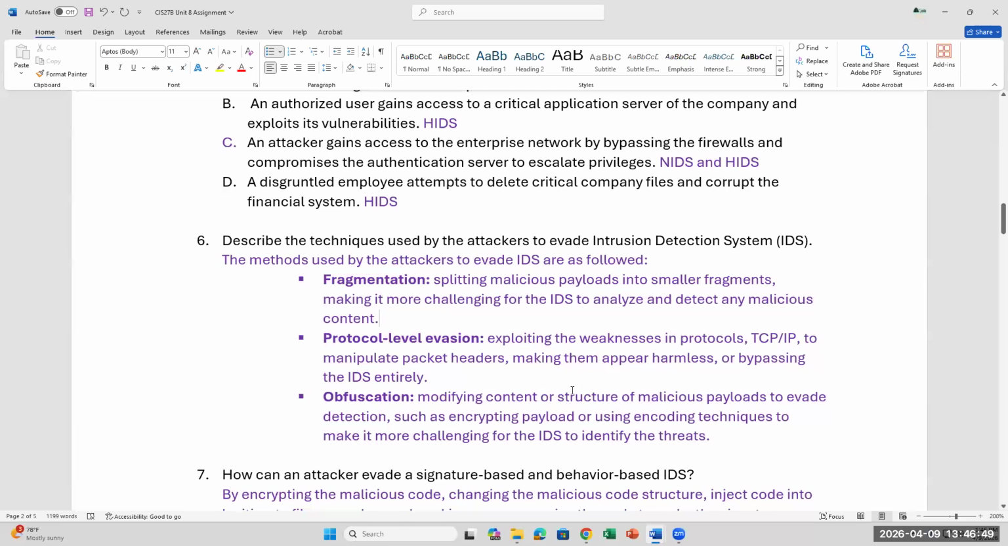Another technique that they would use is protocol level evasion. This is a way to exploit protocols that are in the TCP/IP suite, and it is also manipulating your packet headers. Remember that the header is like the label on your package, right? It tells the system the source and the destination, and also the protocols, which is tied to the service for